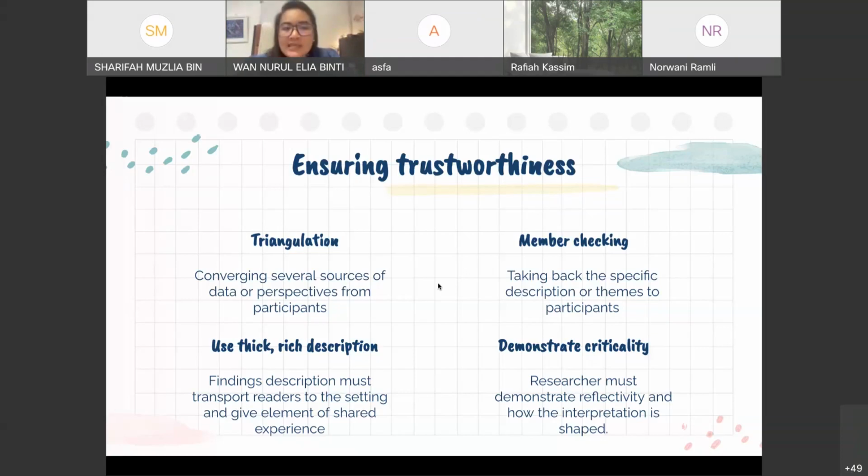Next one is using thick, rich description. Now the findings description must transport readers to the setting and give an element of shared experience. When you talk about qualitative research, in describing the data, it cannot just be one phrase. You have to make sure the context is not lost when you bring the findings from the data into your writing.